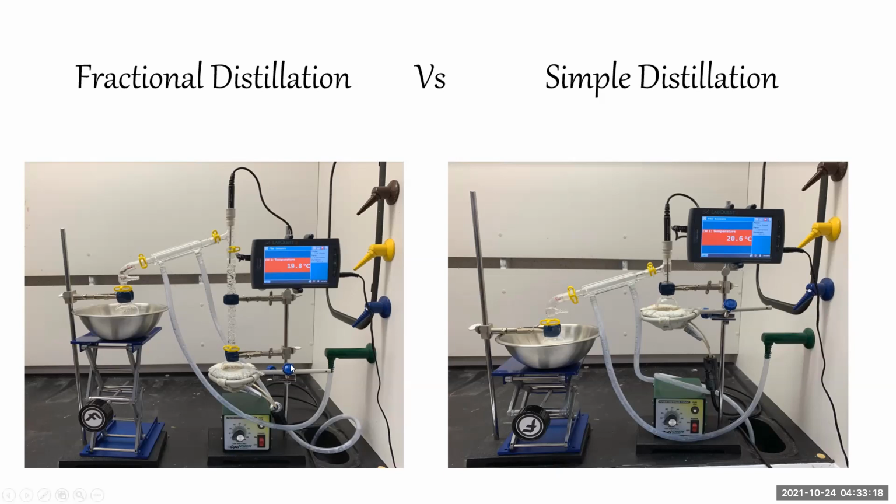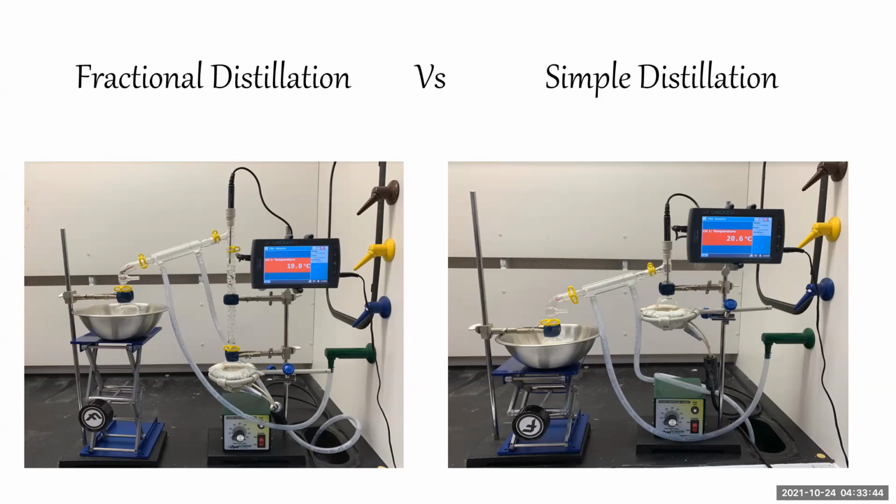So we're going to use a ring stand with multiple clamps. It's really important that you clamp the fractionating column if applicable, and also you want to clamp the round bottom flask. And then we use these Keck clamps, which are the yellow clamps that you see here, to make sure that the two pieces of glassware are properly joined.